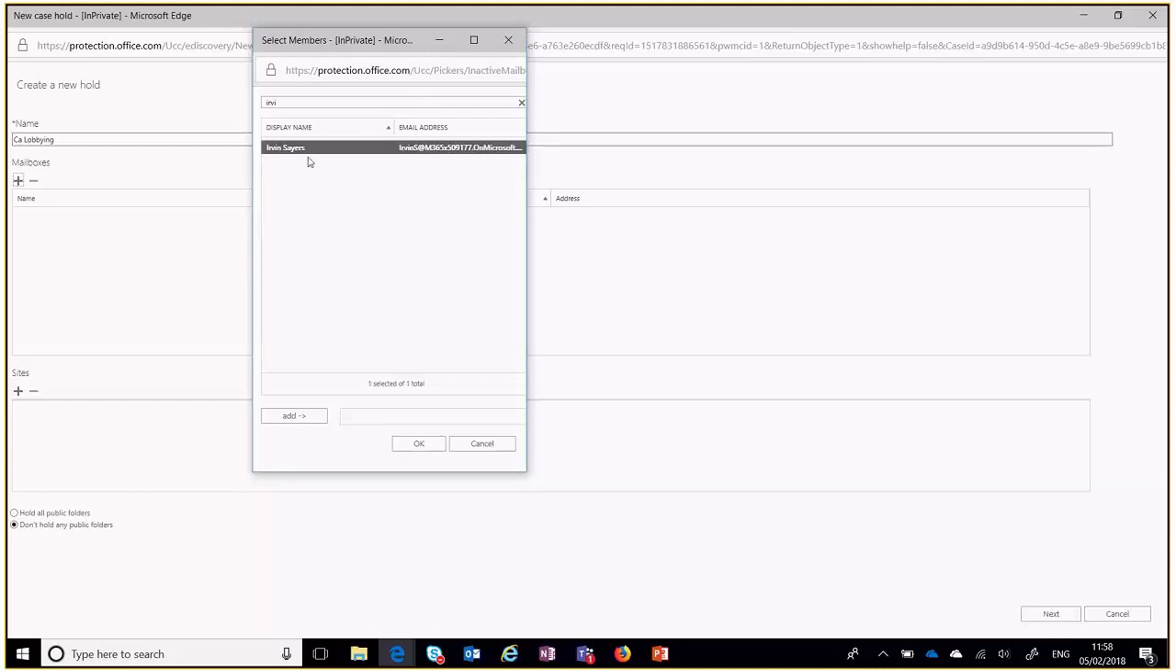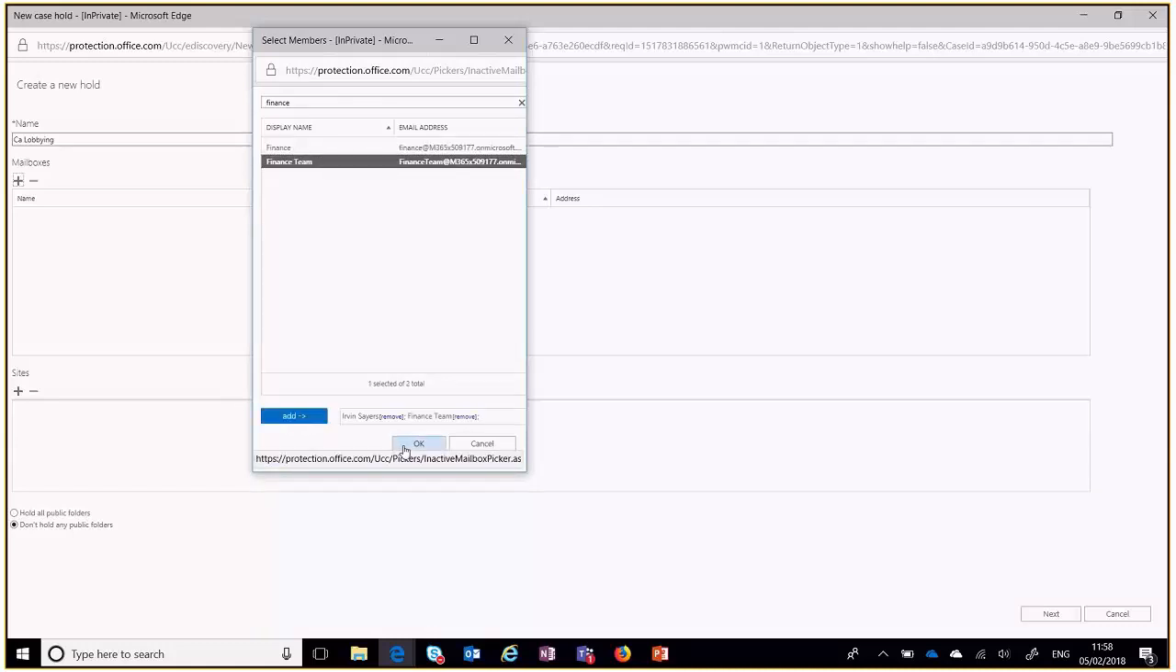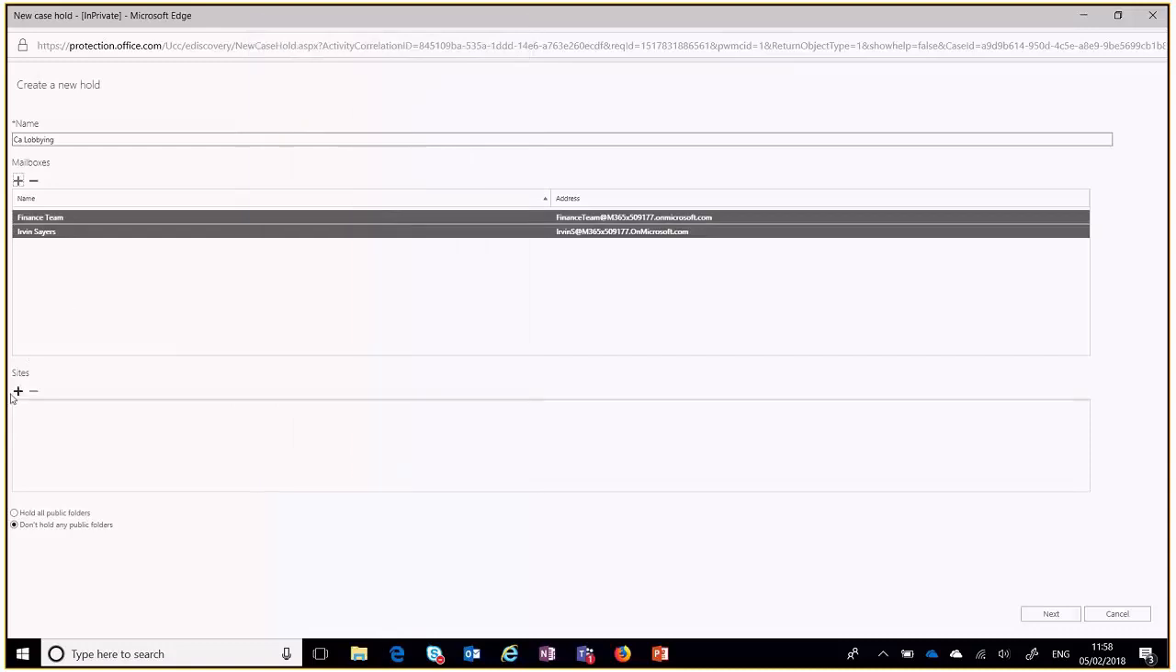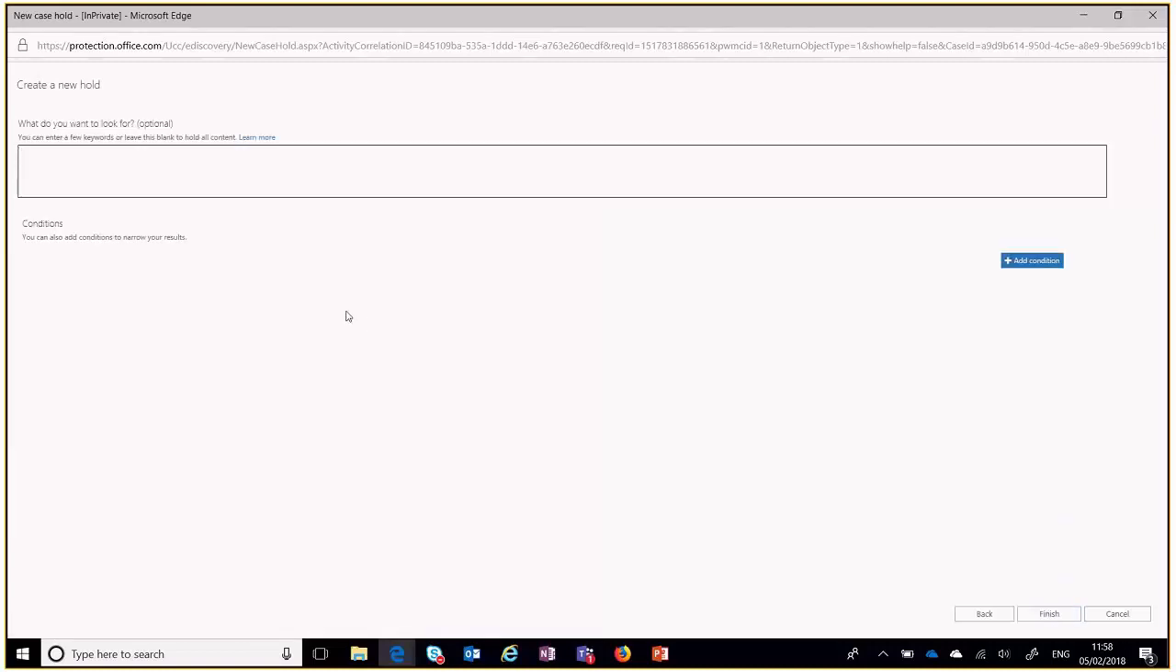And once we found him, we add him, and then we'll look for the finance team. Do our search. There's our finance team. Add those individuals. We could also add SharePoint sites here, but we're not going to do that for the sake of this demonstration. Press next. Rather than doing a blanket hold across everything, we could actually look for keywords